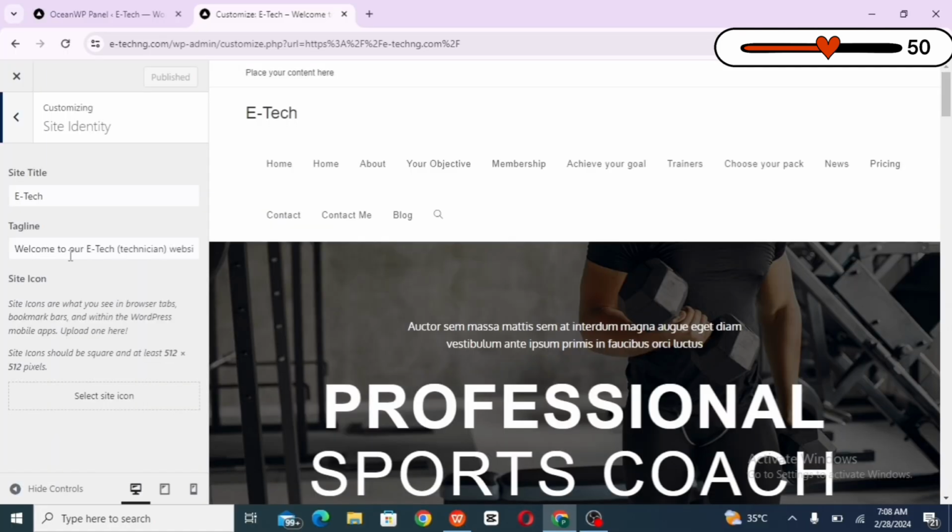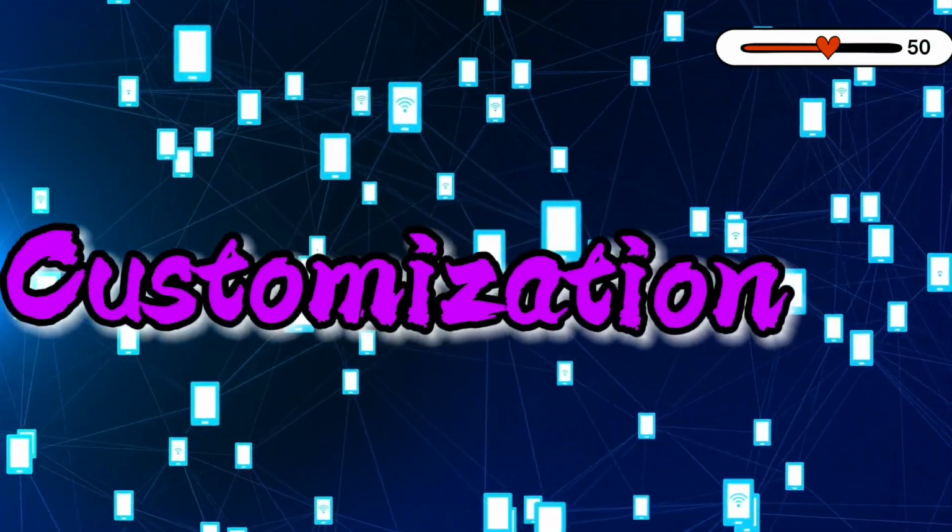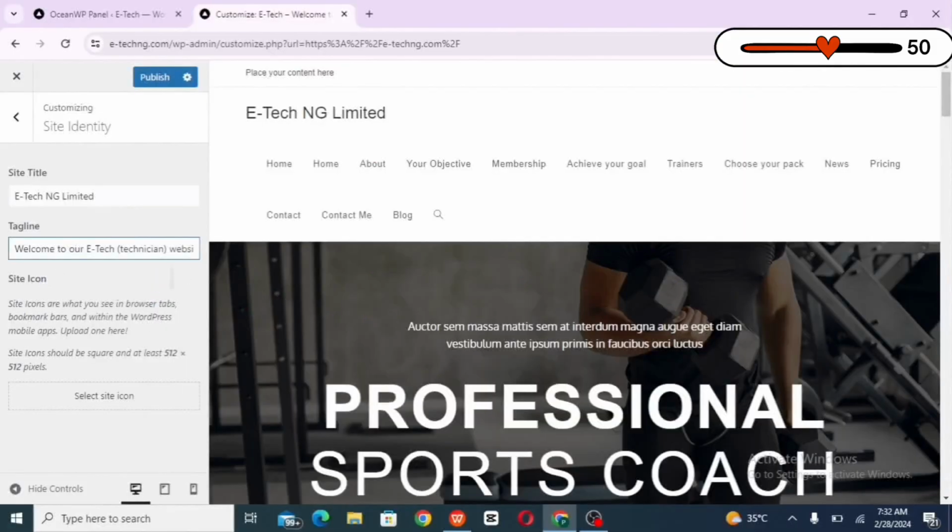Then click on site identity. So here you can just go ahead and change your site title and your tagline. So just go ahead and input that there. Mine has the name of my site already, so I'm going to be leaving it at that. And you just write your tagline, like what your site's all about, something that will help your website to be searchable. Okay, we'll go back to the